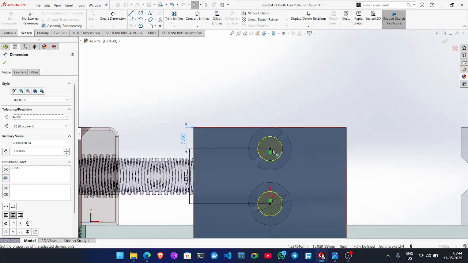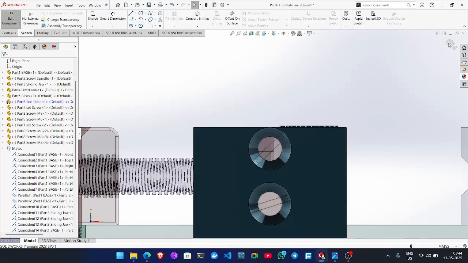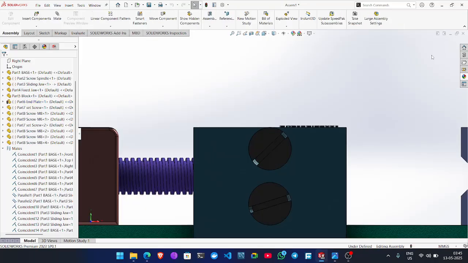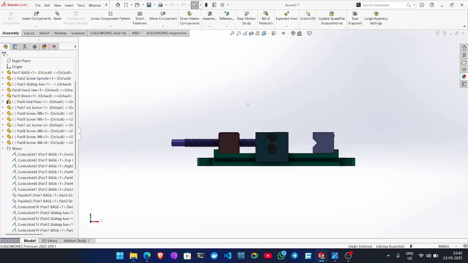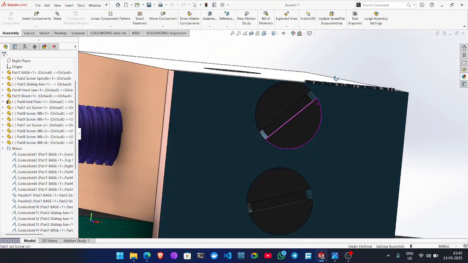Then you can see it automatically comes to the middle section. Then click OK, then again OK, then exit from the editing view, and now just see it fits perfectly.